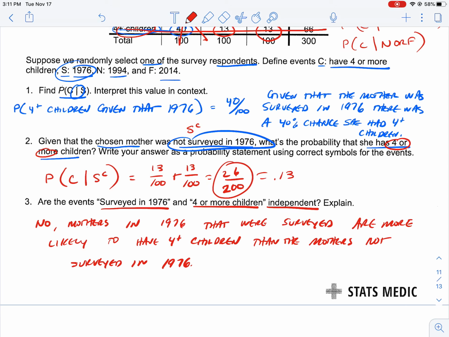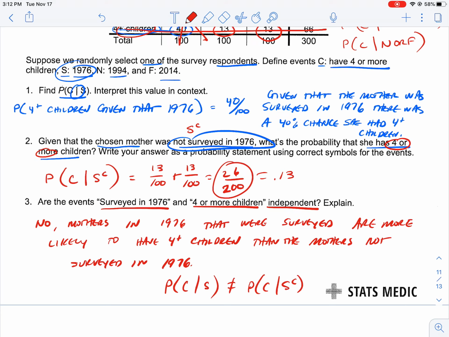And the shorthand version of this would be that the probability of 4 or more children, given that it was 1976, does not equal the probability of having 4 or more children, given that you were not in 1976. Okay? The concept of independence is going to come up repeatedly in this course,